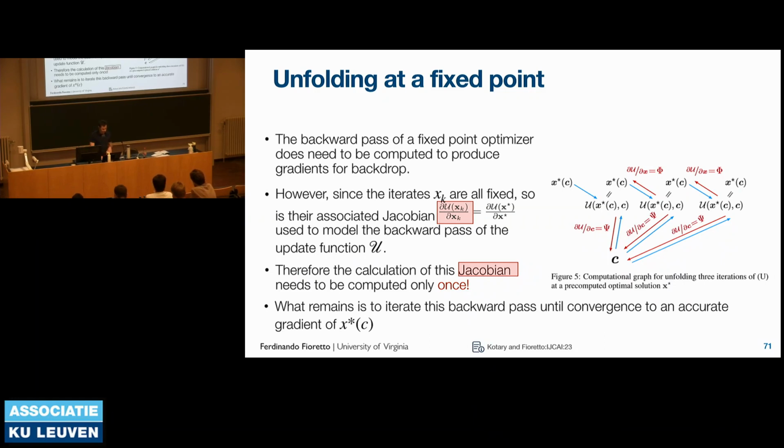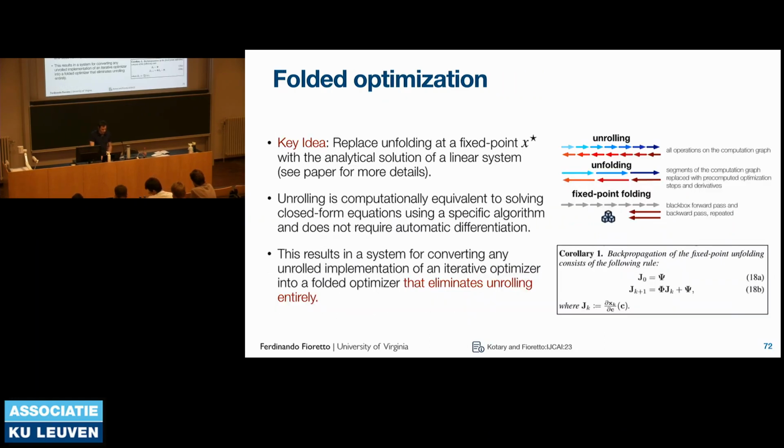And so we show that the convergence is asymptotically proportional to the negative log of the spectral radius of the gradients of u with respect to x star. So once again, this is essentially one of the findings. But what do we do with this finding? Well, it so happened that with these iterative solvers, you can build backpropagation rules which actually obey the same iterative nature that you would obey in the forward pass.